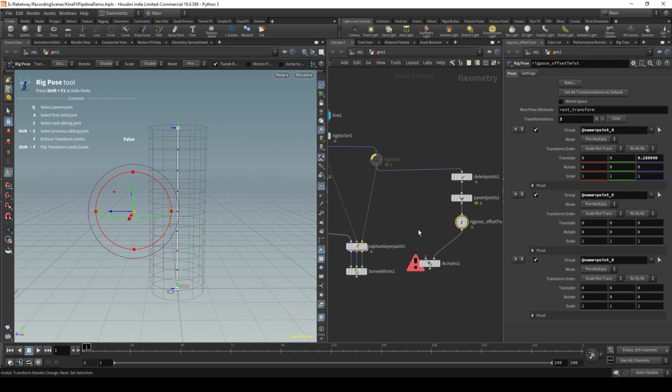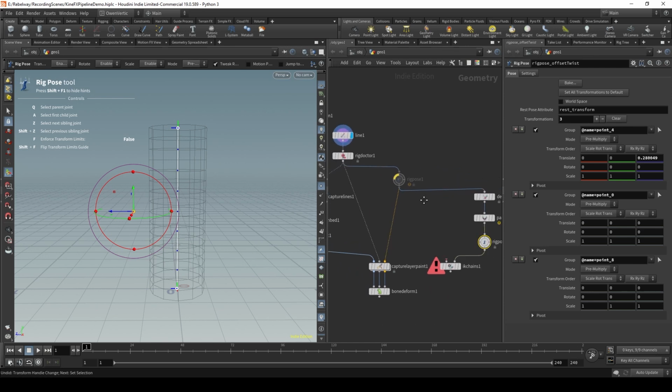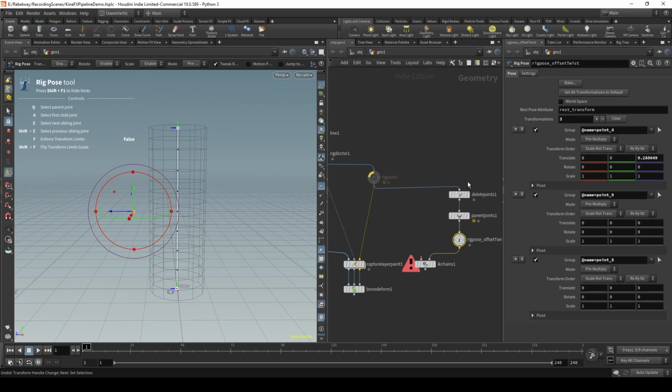So we'll put that into our IK drivers, and our skeleton is just our regular skeleton at the point of before separating